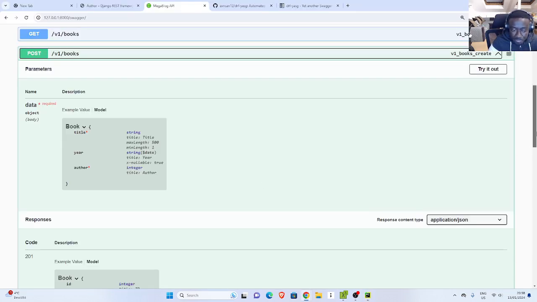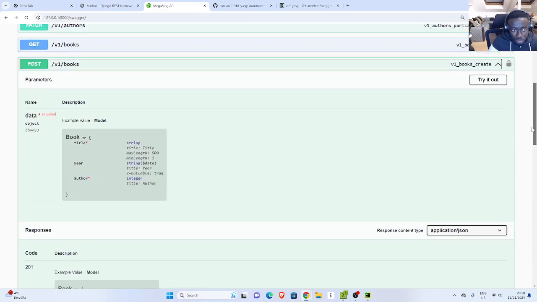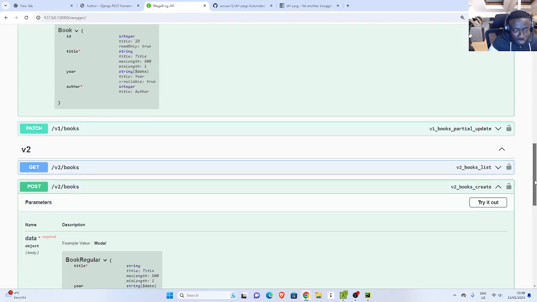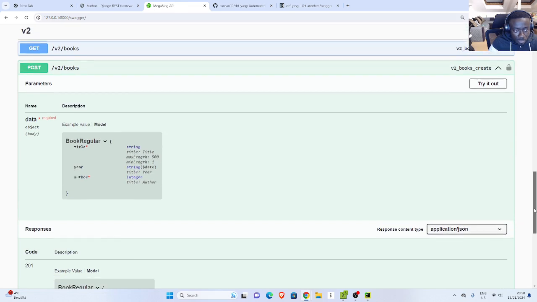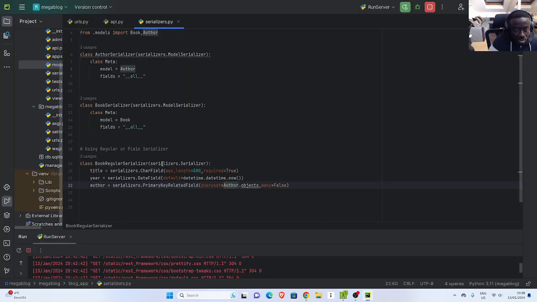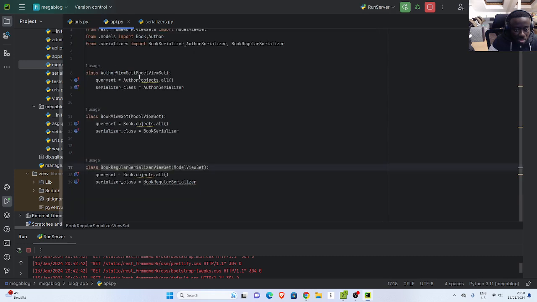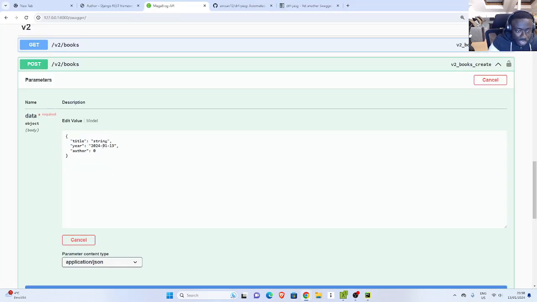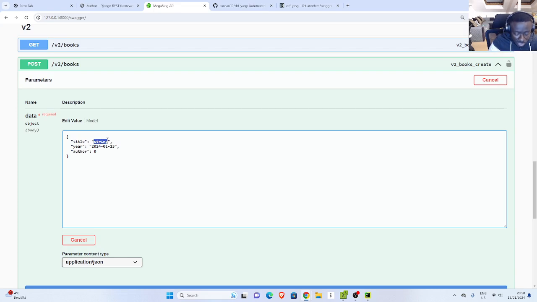So I'll go back again to my v2, which is here, as you can see. Let's try it out, and still it has given us the same thing, although the ViewSets is also ModelViewSets, right? So it has given us the same thing. So I come back here, I can now do the same thing I did. So I can just pass in second book. Automatically we have the time already specified, and then I can also give it the ID. So let's give it as 2, and if I click on it,